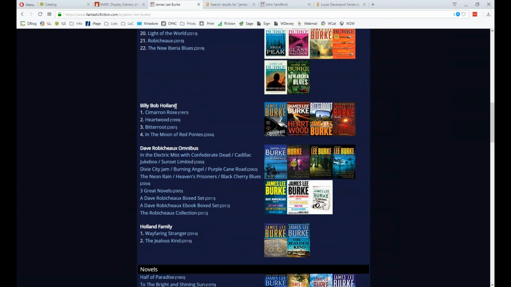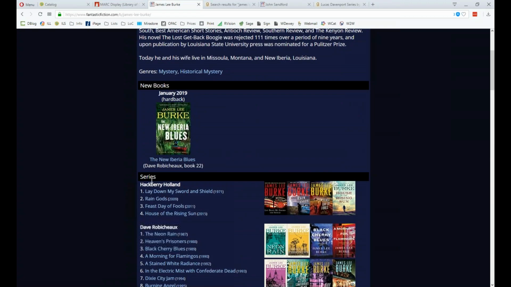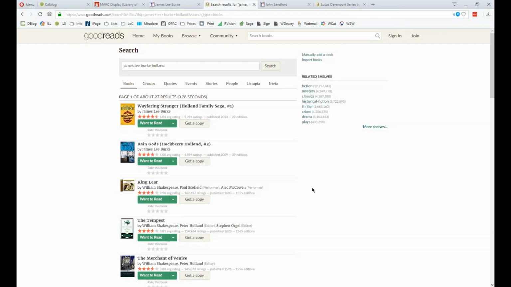They also have something called Billy Bob Holland here. And then they have Holland Family down here. There's that Jealous Kind that was referred to. So I think that particular heading probably applies to these two books, Holland Family, as opposed to Hackberry Holland that I have here. And just because I like to be clear, I'm going to go over here in Goodreads, and